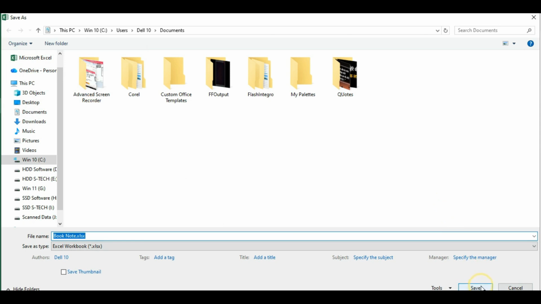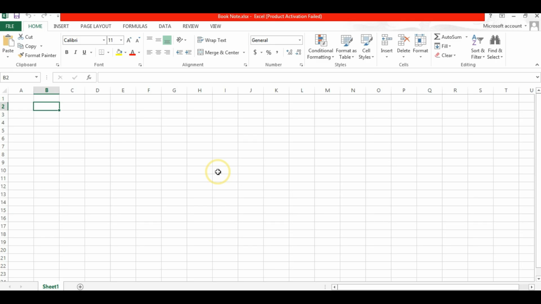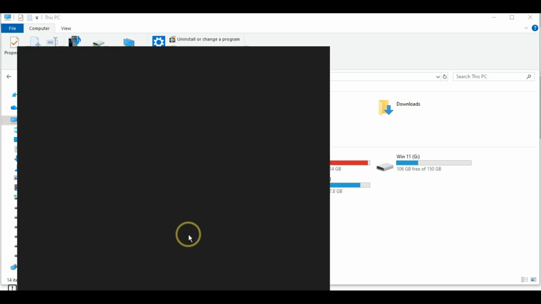Now you simply click on the Save button. Now this file is password protected. Now we will check it by closing over here. You have to open your file again